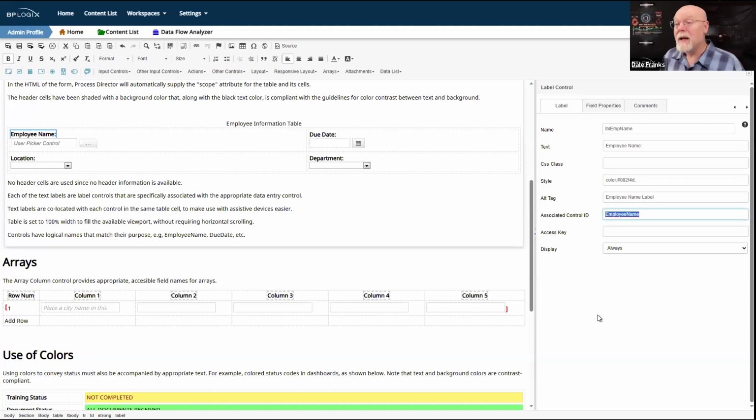So it's very important that you fill out the alt tag for labels and that every label has an associated control ID. Now, some of you do a thing which is to create just a label control on the form to use it as kind of like a free text display control.